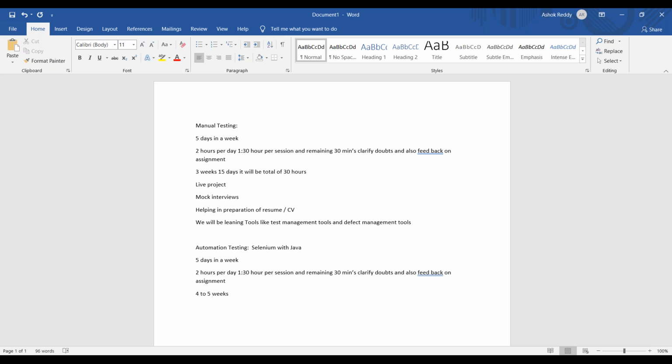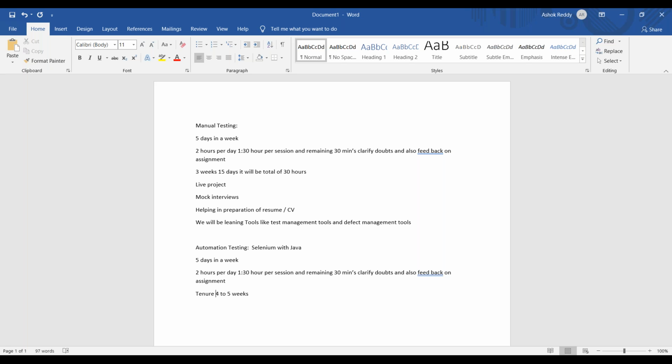What exactly is the tenure of this automation course we have? For the same thing, you will have assignments, you will have mock interviews, and you will also have help with resume preparation, and you will also have tools management like Eclipse. And in automation testing, we'll be starting from scratch. When I say an automation testing tool, you also need to know some programming language. We'll be training you guys on the programming language as well. And you don't have to pay anything extra for the programming language. It is also included in your